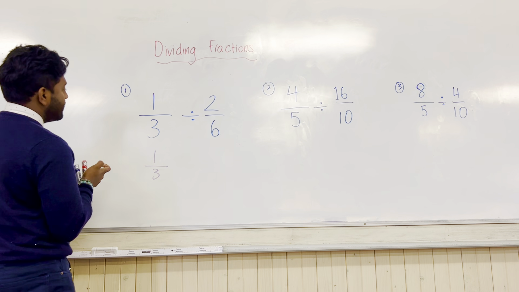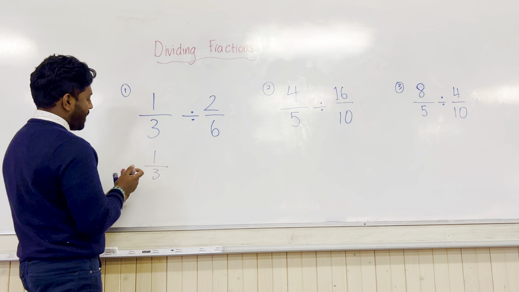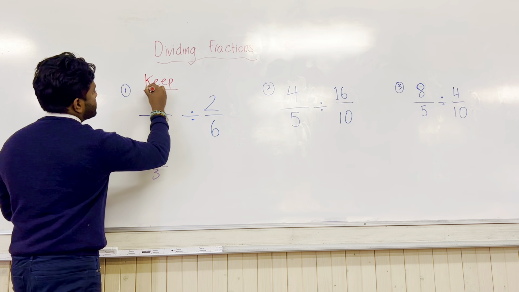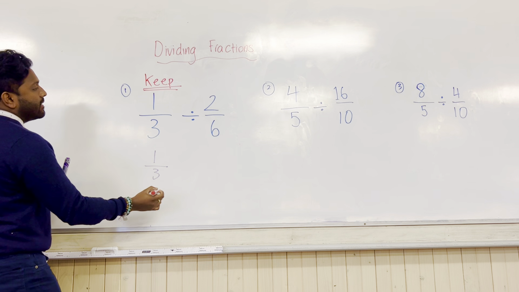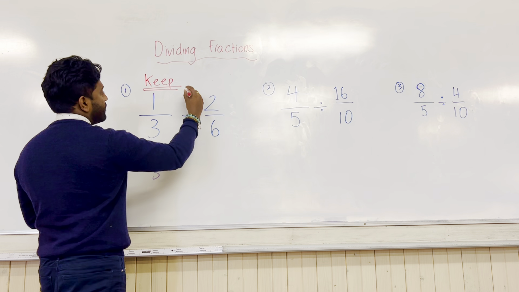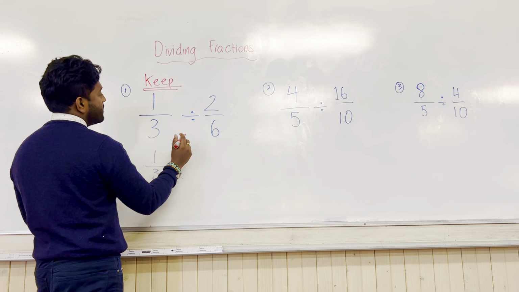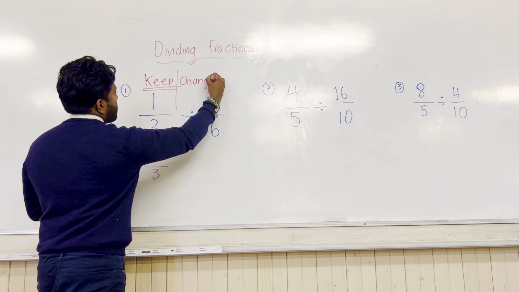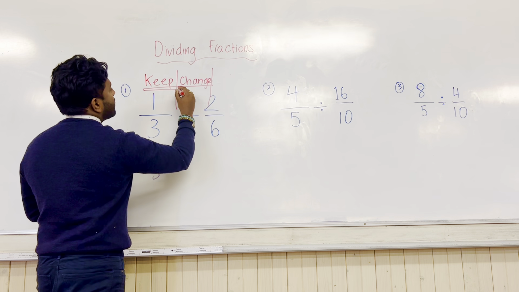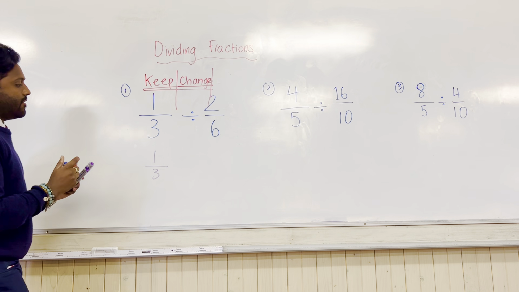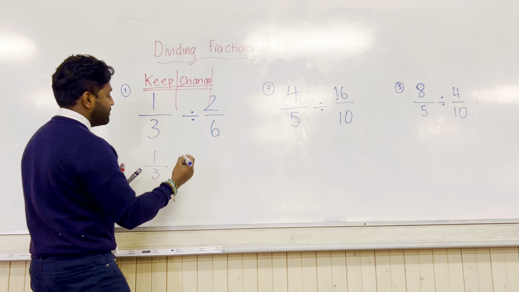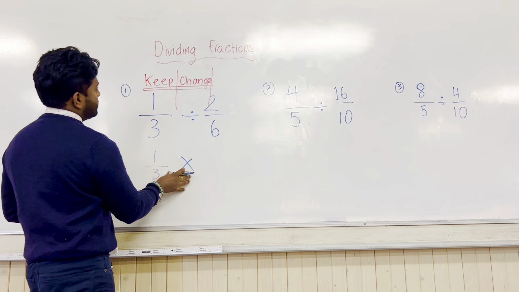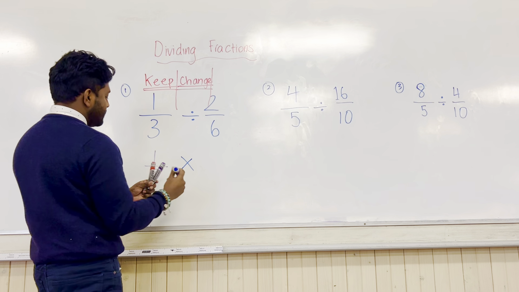1/3, okay? So you've got 1/3, and what you're going to do with that particular fraction is keep it. You're going to keep it the same. The next part is you're going to change this. So the actual division operation is going to be changed. And when you change it, you're going to do the opposite. So what's the opposite of division? Yeah, it's actually multiplication. So you've got 1/3, you kept it the same, you're going to change this, and then the